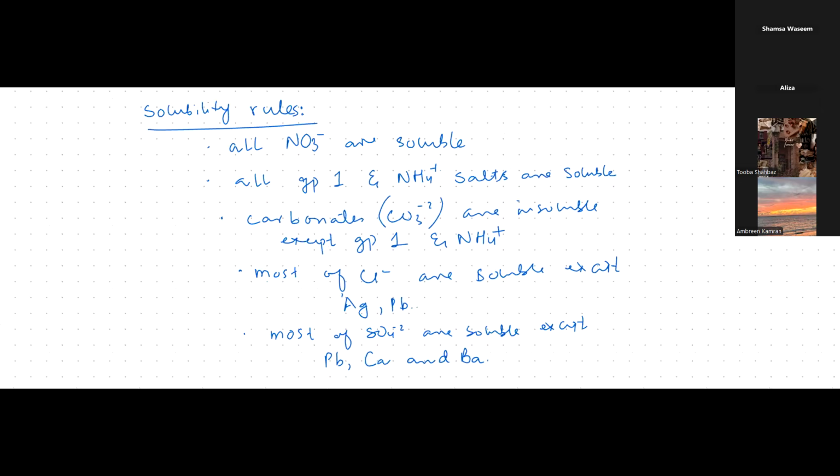Now let's do the preparation of insoluble salts. That is going to be the easiest method. I'll also tell you the common error made by students in insoluble salts. I'll try to show you the video as well. Suppose we have to make barium sulfate. It's very easy in IGCSE and even in O levels, they just give us the hint that barium sulfate is one of the insoluble salts. So how are you going to prepare it? State the method, or sometimes they just write down one of the solutions, and they ask to just state the method.